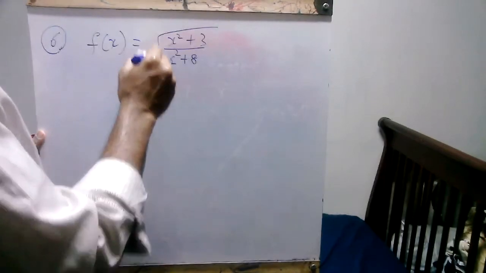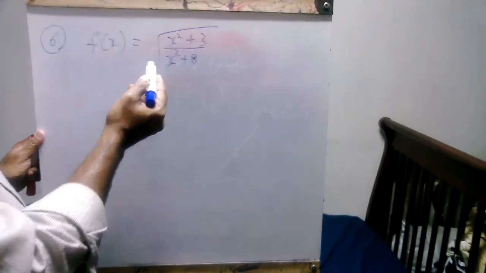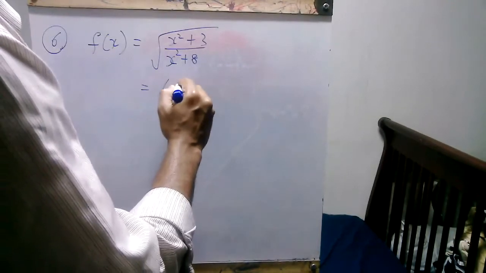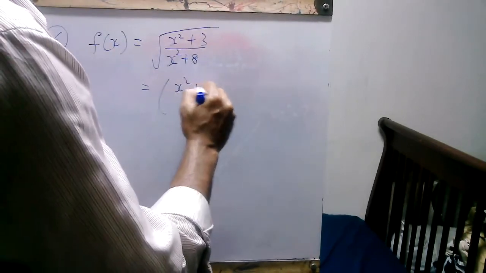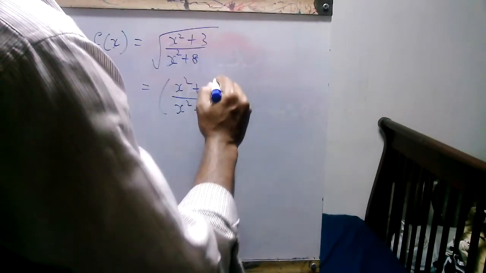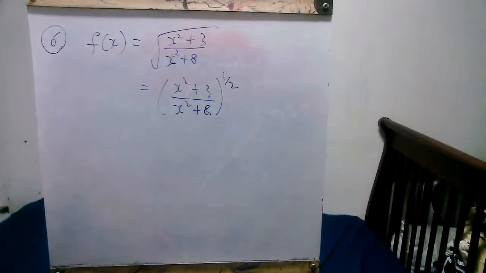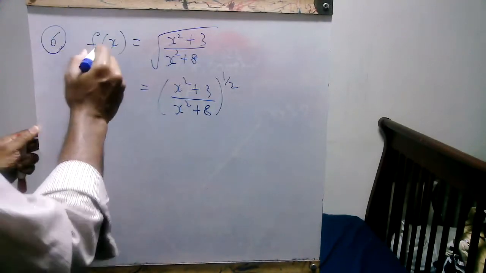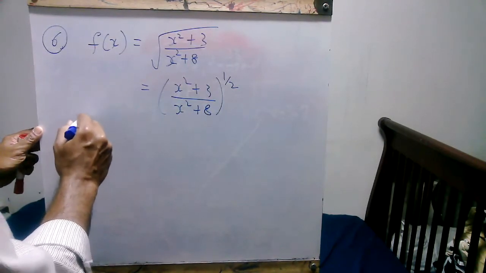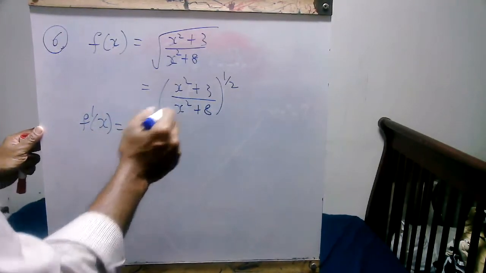We know when we have a simple square root, with 2 in this little pocket, that means half power. We can write this as x square plus 3 divided by x square plus 8, to the power half. Right? Now we can differentiate this function f(x). We get f dash x equal to,